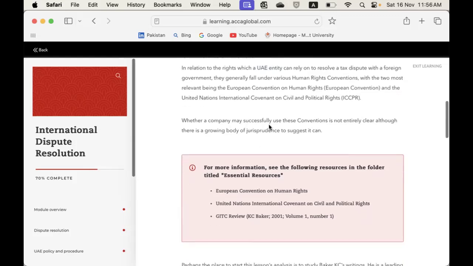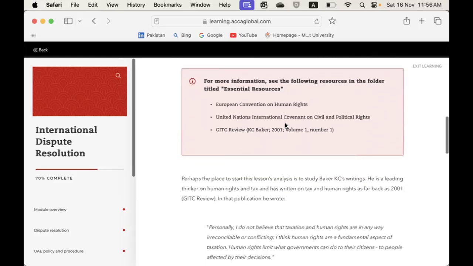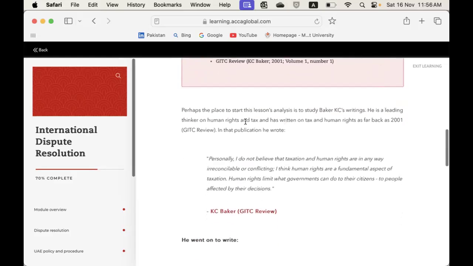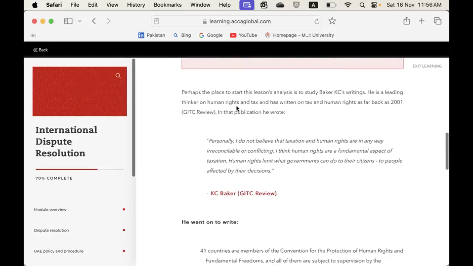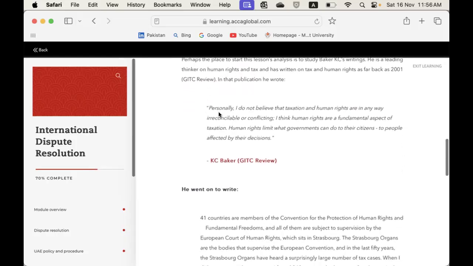Whether a company may successfully use these conventions is not entirely clear, although there is a growing body of jurisprudence to suggest it can. Let us look at how it is possible. Perhaps the place to start this lesson's analysis is to study Baker Casey's writings. He is a leading thinker on human rights and tax and has written on tax and human rights as far back as 2001. In that publication, he wrote in the GITC Review: